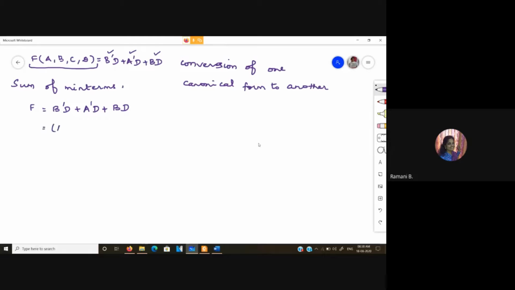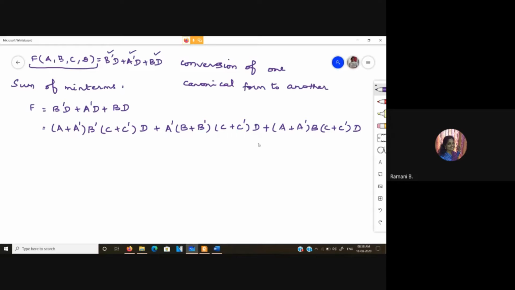Including the missing terms, for the first we will have (a plus a bar), b bar, (c plus c bar) and d. This will be for b bar d. And for a bar d, a bar dot (b plus b bar) dot (c plus c bar) into d, plus a bar b (c plus c bar) dot d.